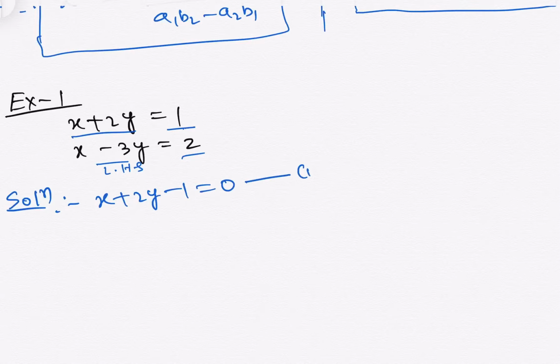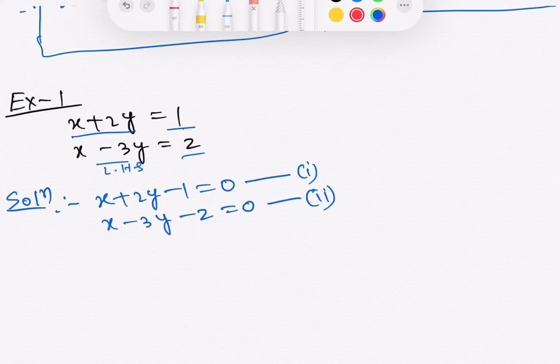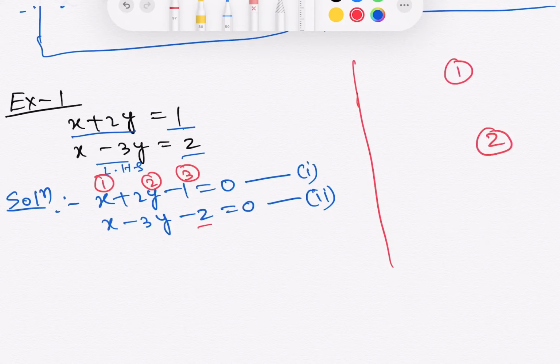This equation is named equation 1, and the second equation is x minus 3y minus 2 equals 0, this is equation 2. Now after that we know the numbering system: we number 1, 2 and 3, for x, this is the first column 1, second column 2 and third column 3. First you do the numbering. After that, for your rough calculation, you write here 1, then 2, this is the triangle form, this is the 3. Now after that you simply calculate here.